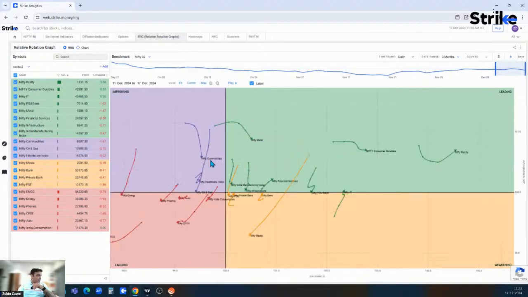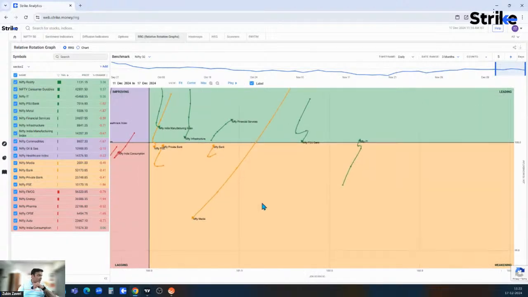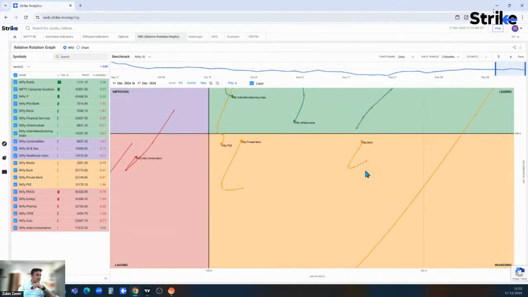Commodities, momentum is declining. Energy, it's declining. All right, and we can see over here that Nifty bank and private bank, these are the two trying to enter the leading quadrant from the weakening. So again, when we looked at the scanners, RMI scanners, the RRG chart is also confirming that private bank